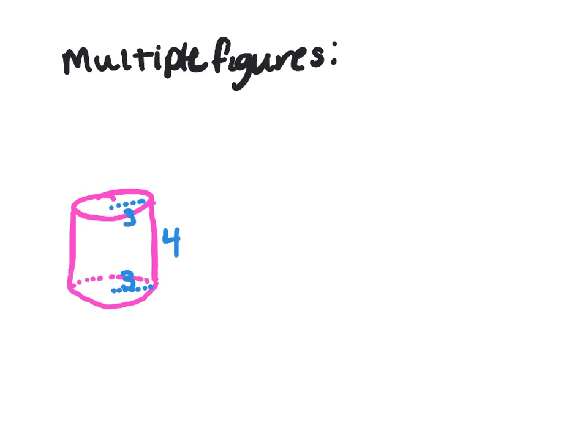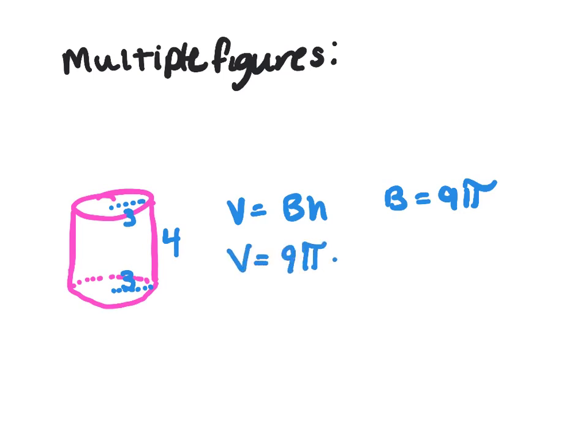So this radius is 3. My volume is the area of the base times the height, and my base is 9 pi. So we plug in as the volume is 9 pi times 4. So my volume is 36 pi, which if I simplify